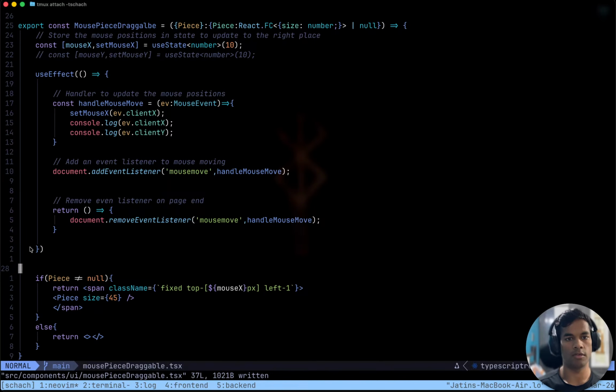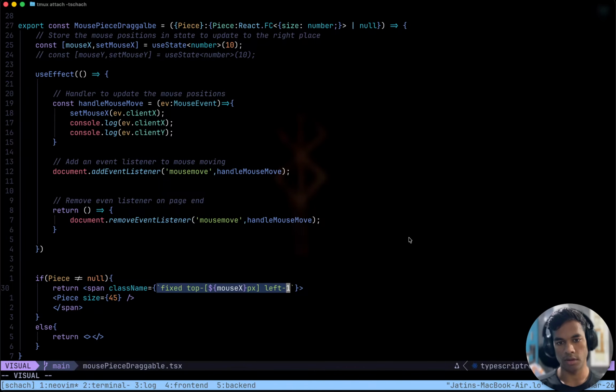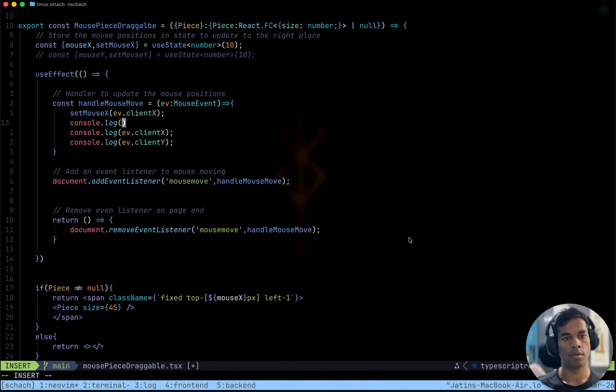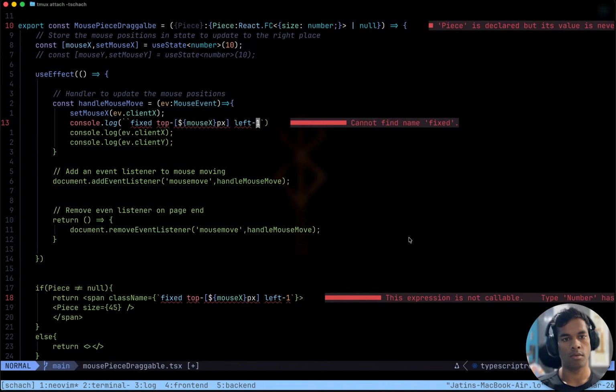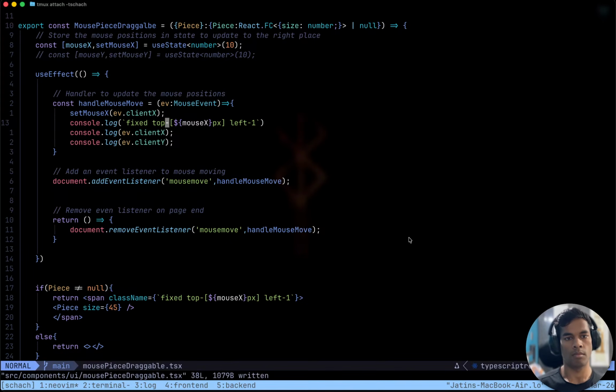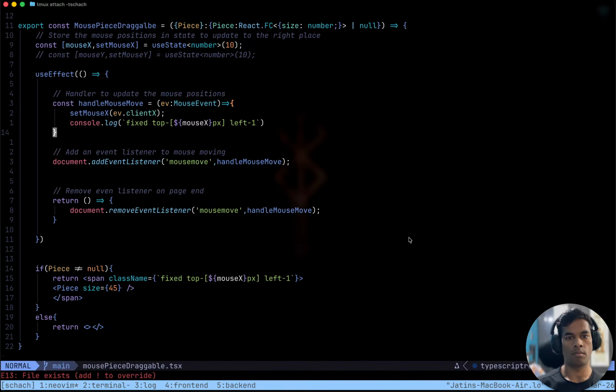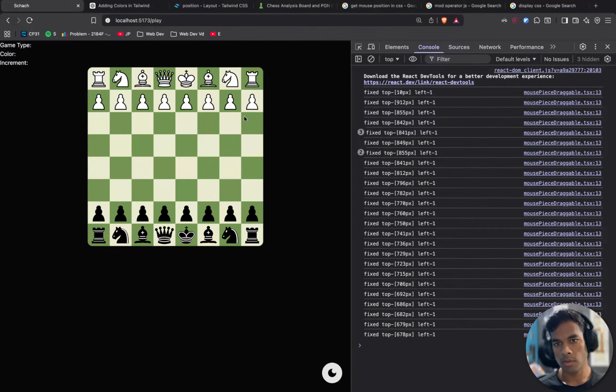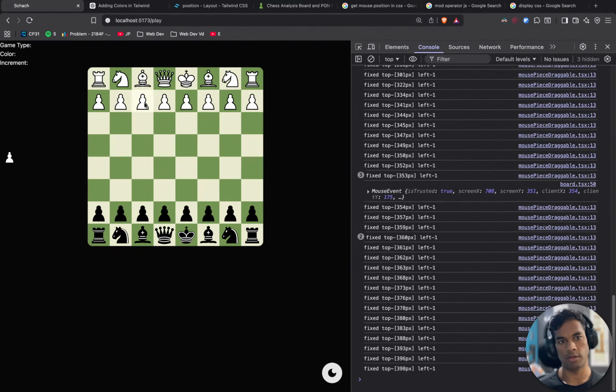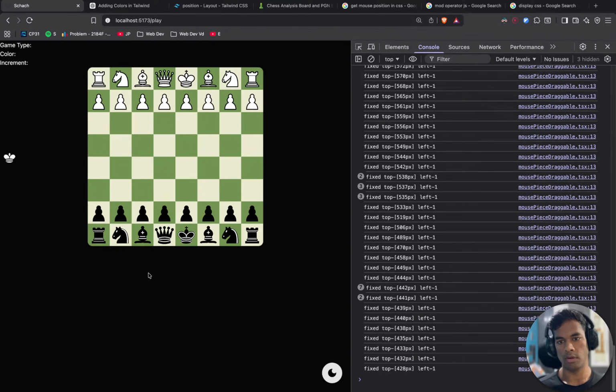Set mouse X to ev dot client X. Let's also print this so that we know what is happening, just in case. Top this many pixels, this should be working, but it is not working somehow.